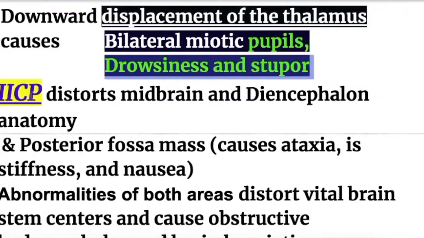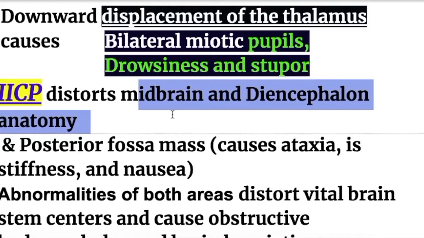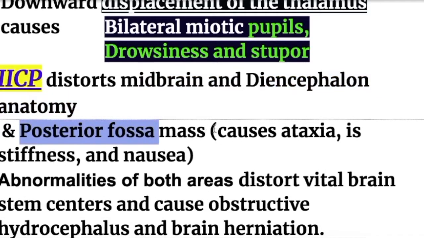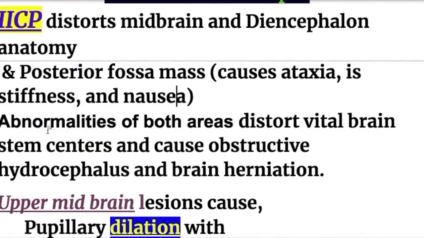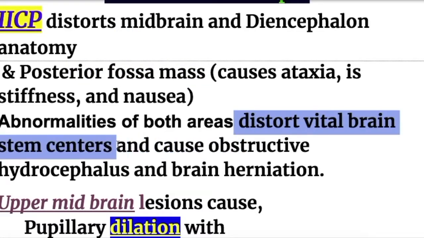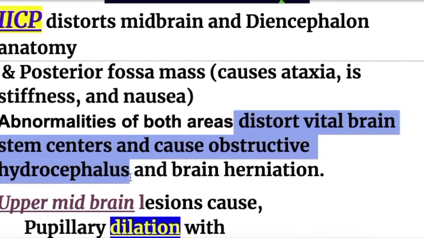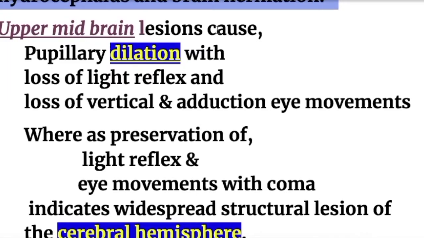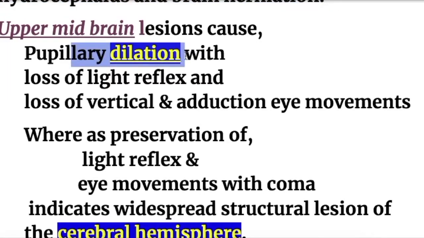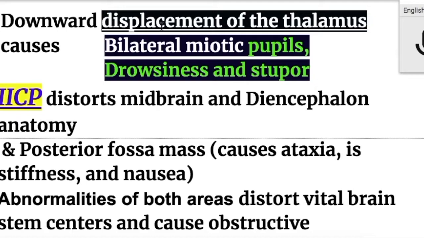Number 2, increased intracranial pressure distorts midbrain and diencephalon anatomy, and a posterior fossa mass causes ataxia, stiffness and nausea. Abnormalities of both these areas, midbrain and posterior fossa mass, distort vital brain stem centers and cause obstructive hydrocephalus and brain herniation. Now, upper midbrain lesions cause pupillary dilatation, whereas we just learned that the displacement of